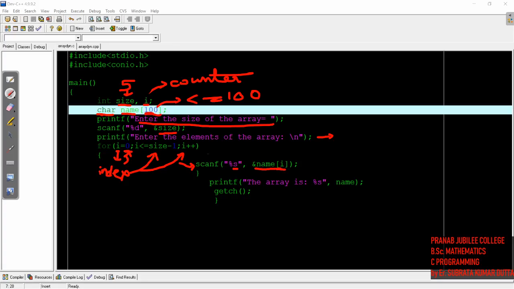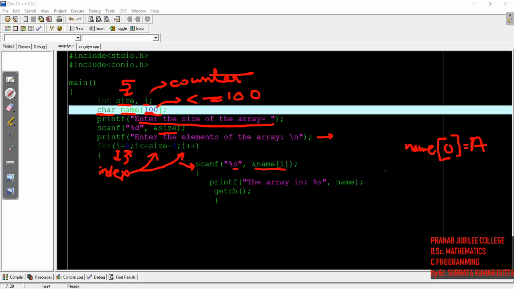So how will this iteration work? In the last video we discussed that at the beginning the value of i will be 0. So whatever the user enters, say the user enters a, it will be stored in the array name, at index number 0. When the loop body is closed, i will be incremented by 1.